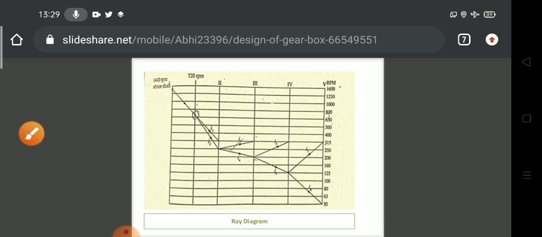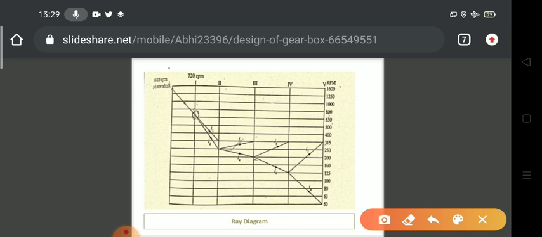So first in the speed chart, this is the motor shaft, right? Its speed is 1440 rpm. Now it is connected to this input shaft and the speed reduction ratio is 2. So we have to take a point at 720 rpm. Then as per our structural diagram,